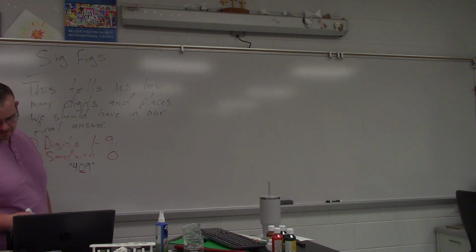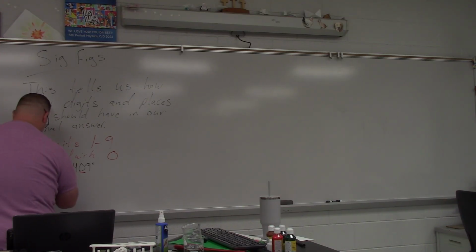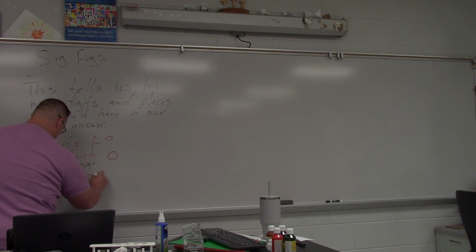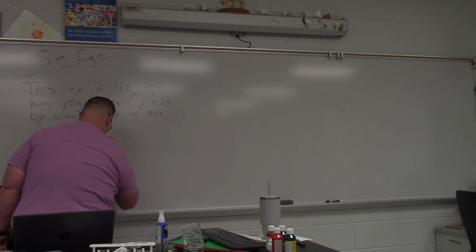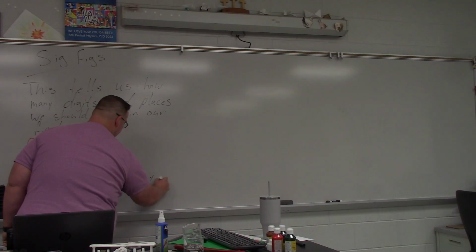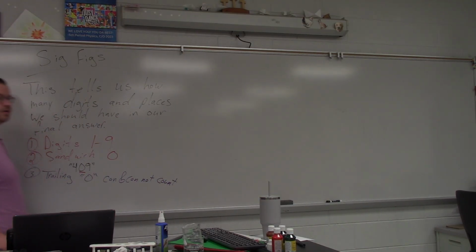So here's the one that gets confusing, what we call trailing zeros. Trailing zeros can and cannot count. It depends. The circumstances we look at to determine whether a trailing zero is going to count or not are pretty much dependent on a decimal point. So when we have trailing zeros,